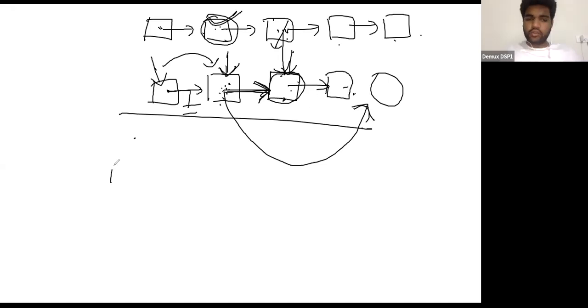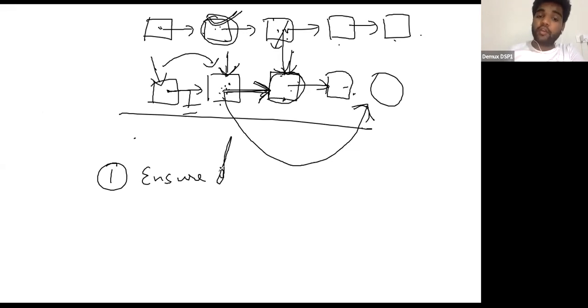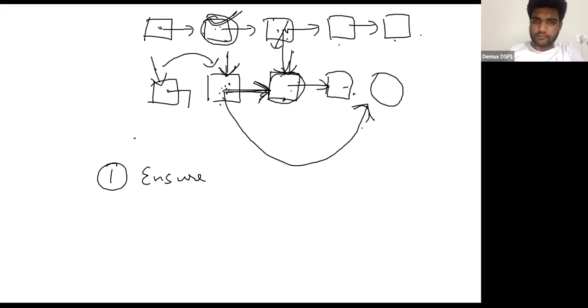So you need two things. You need to ensure, first of all, that when you are populating the random pointer, the node to which you want the random pointer to point is created. So you need to ensure that this node